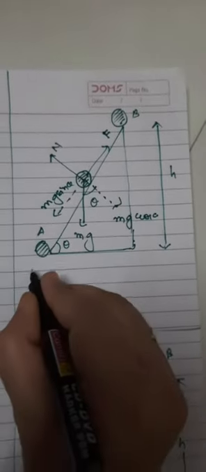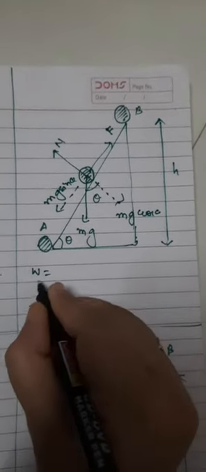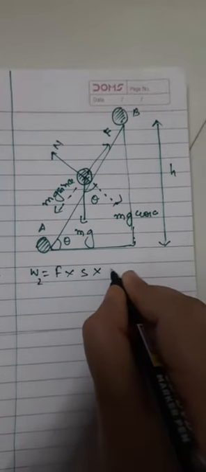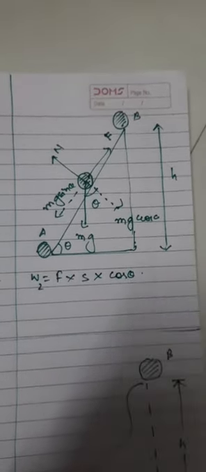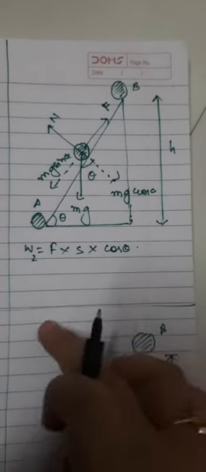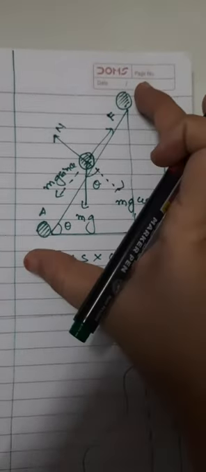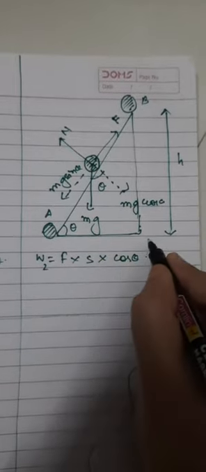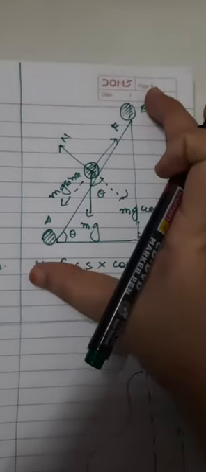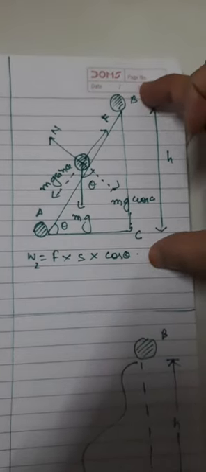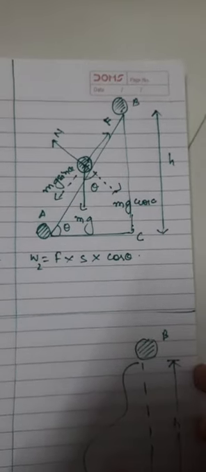Now what I have to find out is the work done. In this case this is W2. Work done is force into displacement into the cos theta term. This is the general formula. Now the second figure shows the body being taken along the smooth inclined plane. Let me name the points A, B, C. AB is the inclined plane of height, suppose I am taking the height as h, and the inclination angle as theta.